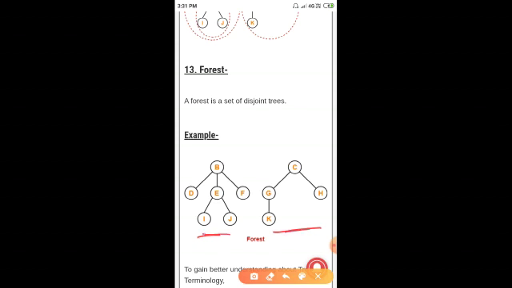Here these are examples of disjoint trees. Disjoint means there is no connection. This is one tree, this is another tree, and there is no connection between them. This entire thing we call a forest. A forest is a set of disjoint trees. If 10 or 20 trees are there with no joins, that full set of trees is called a forest.